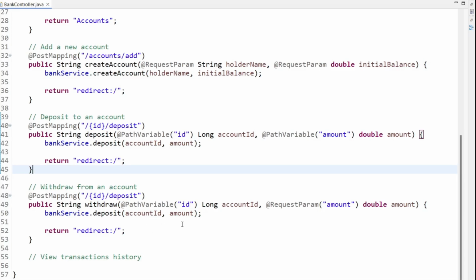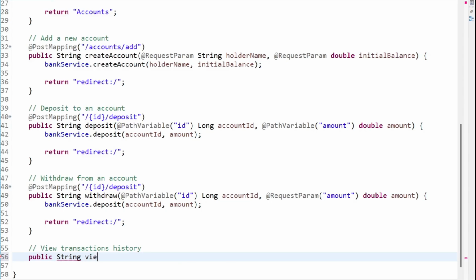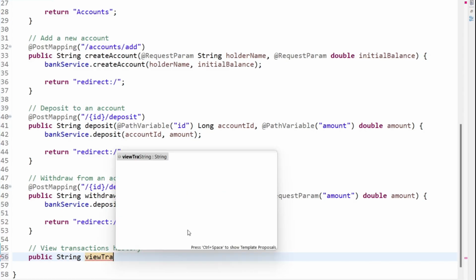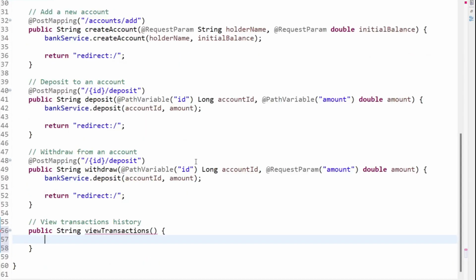Now the last thing is your transaction history. This is going to be a big one because here we are going to fetch a lot of parameters, the arguments in the method, which we are again going to get through your path variable and request param. So view transactions, and here what do we need? Let's start with ID first. So long account ID,